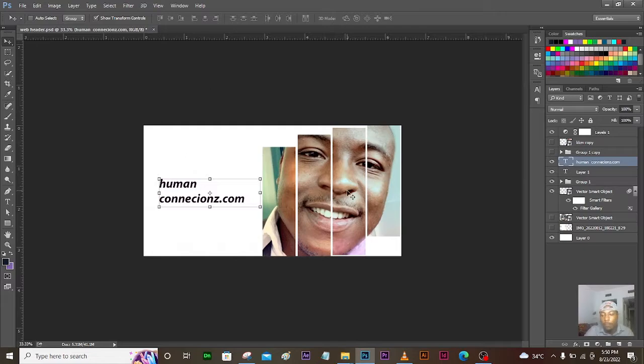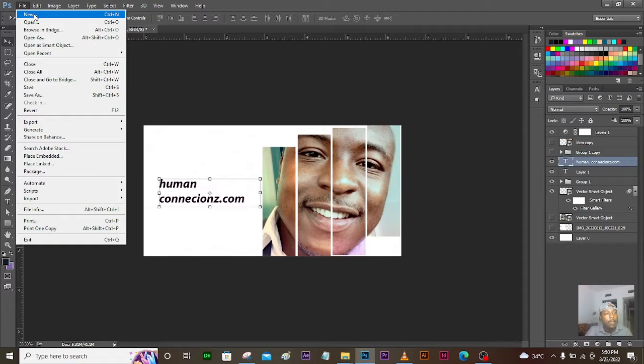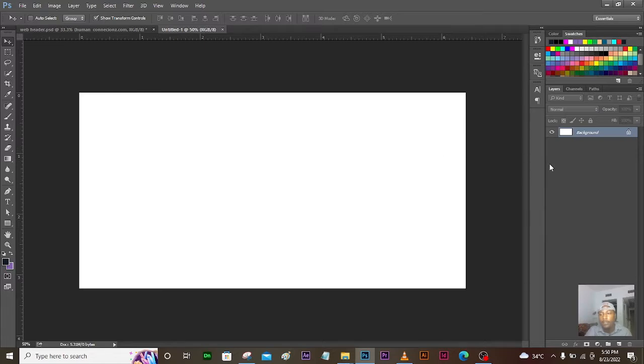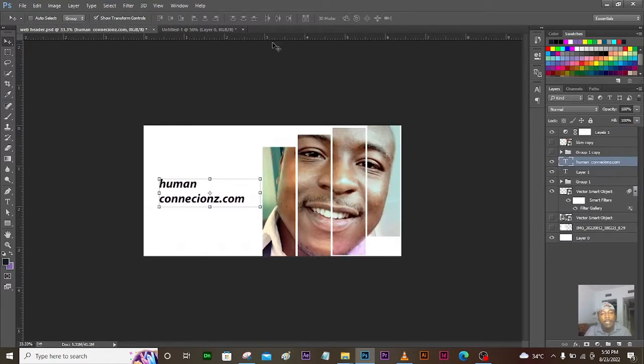So let's open Photoshop. So this is Photoshop, and this is what we want to design. So let's open a new tab, a new document. Okay, it's a new document,